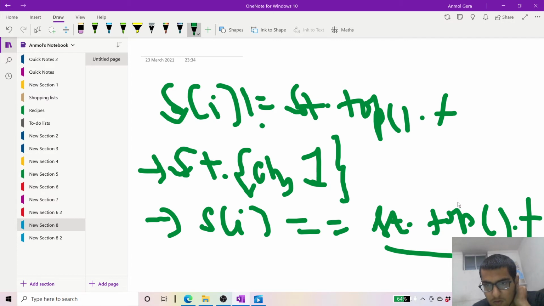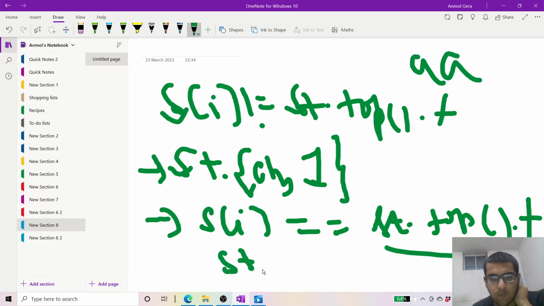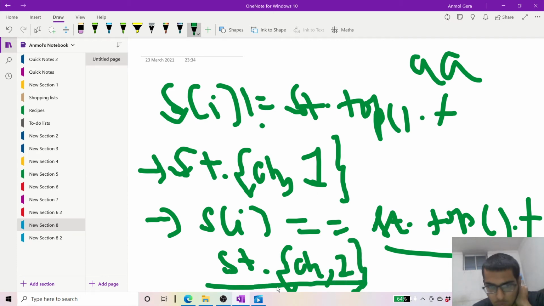Let's suppose st.top.first was a and si is a, then we just have to increment the count for this character, and it will become 2, so ch comma 2, right? Now if that second value is equal to k, we have to remove that, and that is how I'm going to solve this question. That is basically the approach.